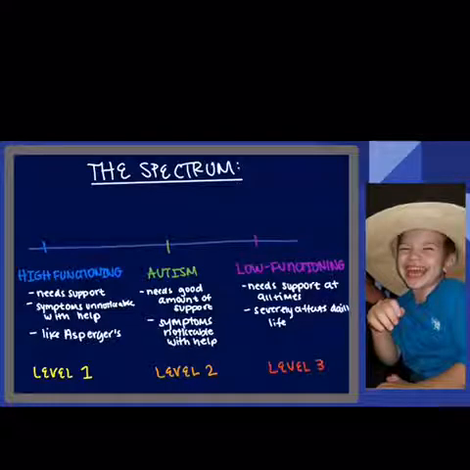Now that we have talked about what ASD is, there are different levels within the spectrum ranging from 1 to 3. The first level of ASD is known as high functioning. When a person is high functioning, they to a degree need a little support from someone else. People with level 1 will have difficulty starting interactions with people and will appear to not have an interest in social interactions. The symptoms of ASD aren't really as visible in this level. They will also have a difficult time switching to different activities from the previous activity that they were doing.